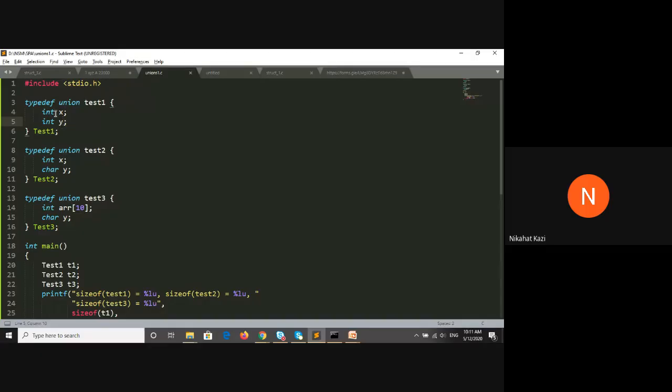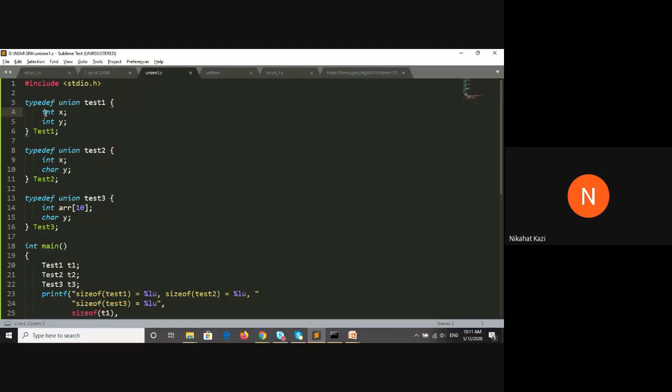So what statement did I make? I made the statement that the size of the union variable will be equal to the size of the largest component of the union. These two have the same size, so it will be equal to the size of any one, because the size of an integer remains the same on a system.